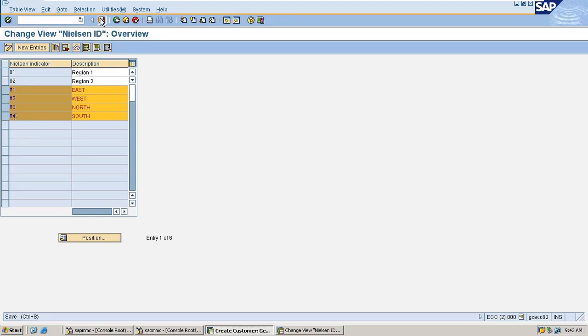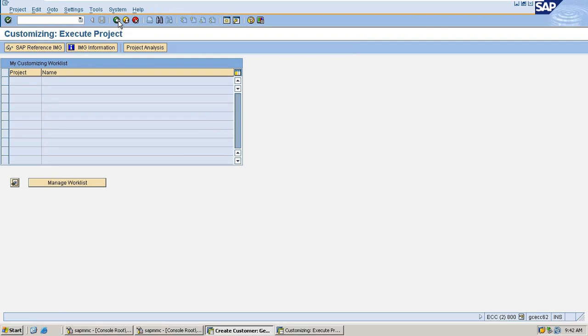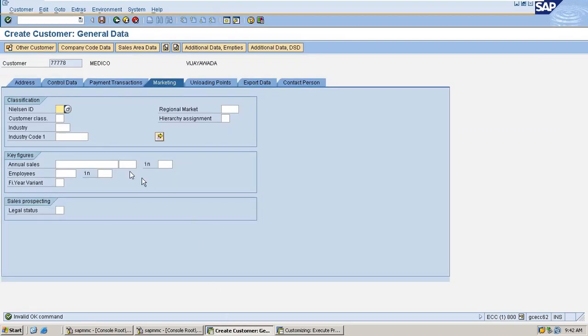Okay. So let me go through the customer again. Here we can assign one of the Nelson IDs which we have created. I have assigned M1 here.